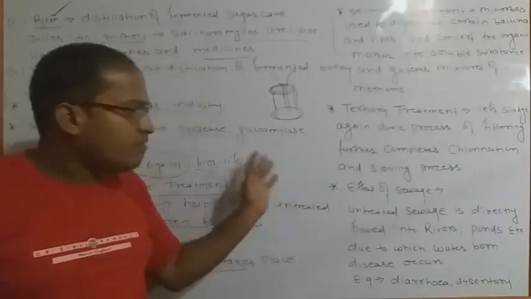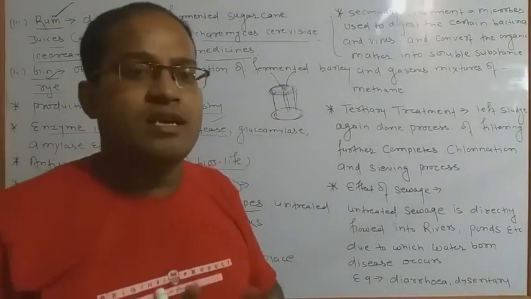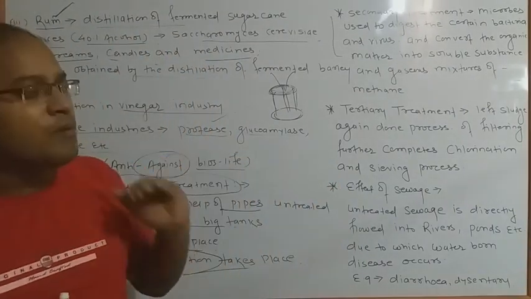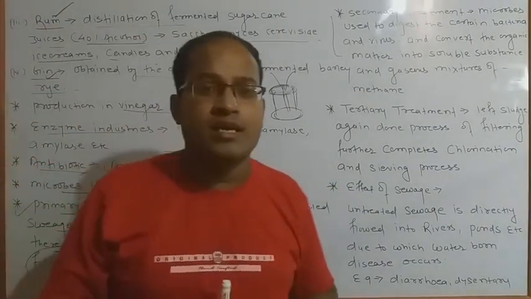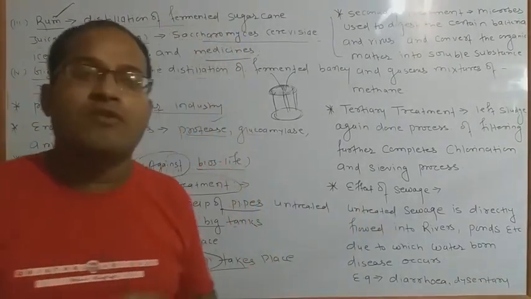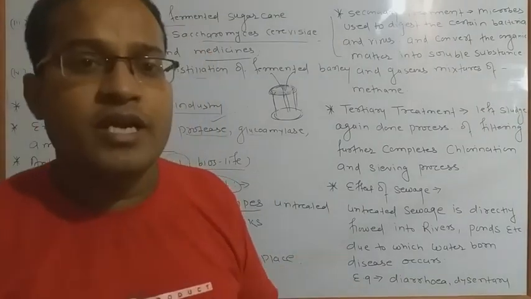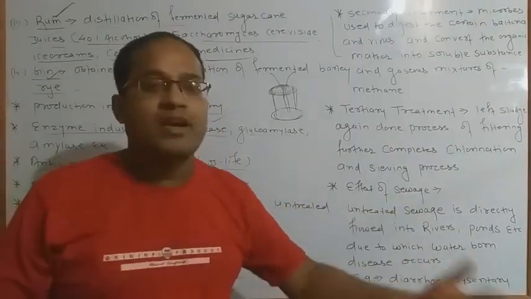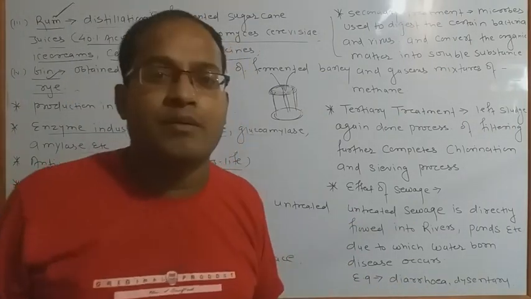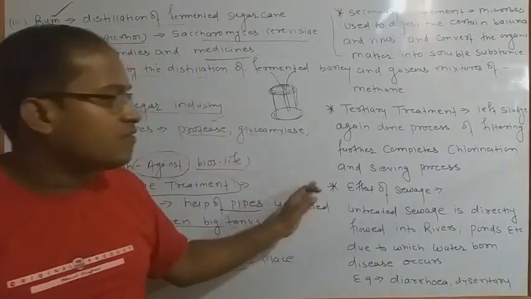Next, if we have not done that type of process, which type of effect is generally seen in our environment? Generally we know that the population is increasing day by day, and if the population increases, people are also creating different types of pollution in our water. At that time our water also gets contaminated due to the accumulation of different types of solid materials, soft materials, biodegradable and non-biodegradable materials. When they are totally mixed with the water, they cause different types of sewage.